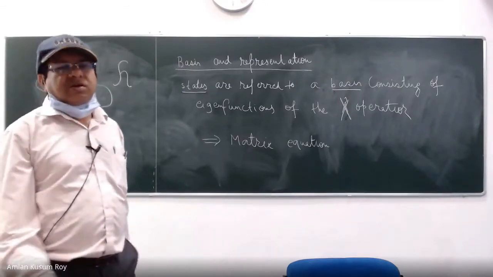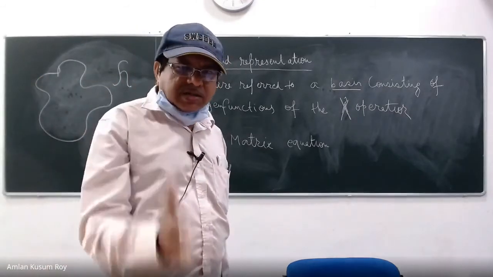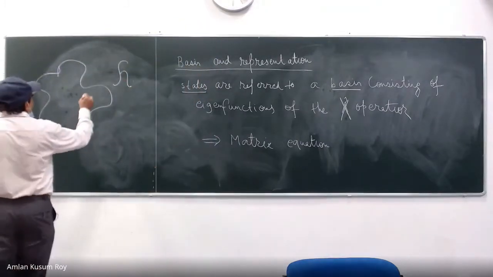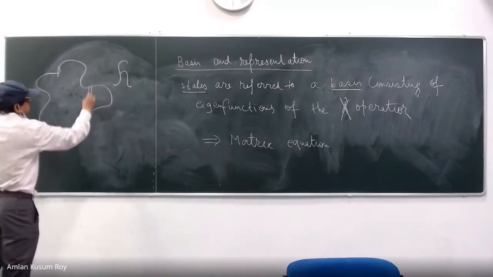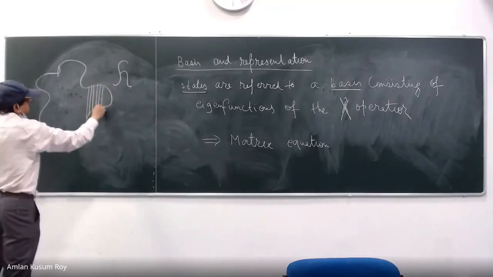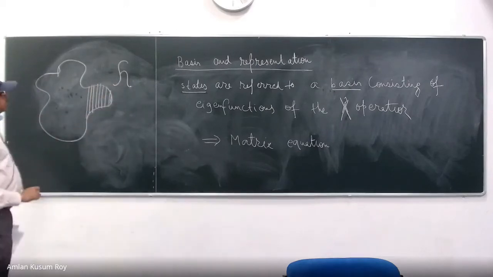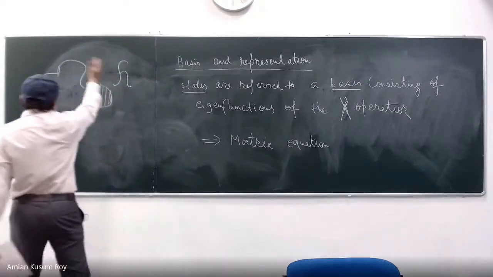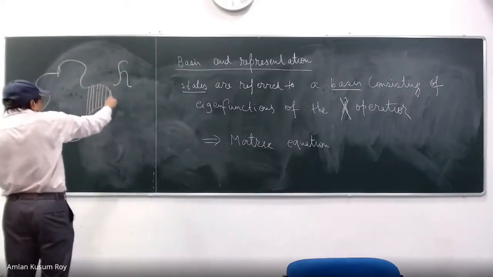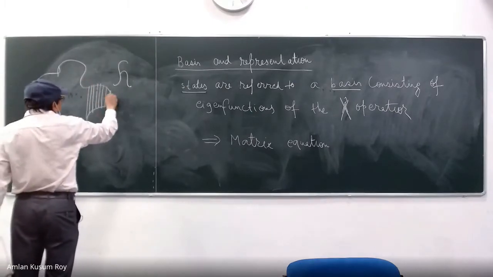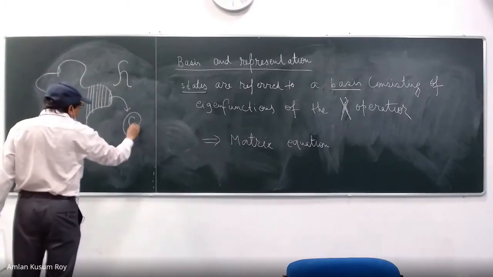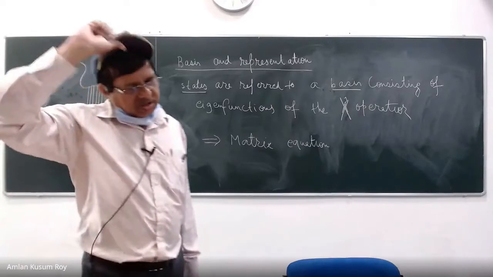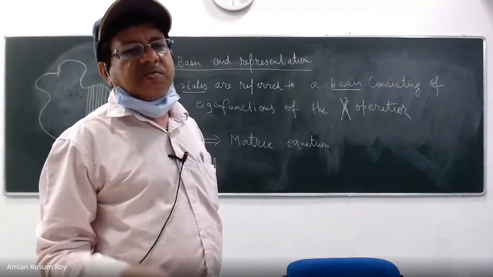Within this space of functions or configuration, I am going to cut a slice, just like a cake. What is this? This particular set of functions is another set of functions within the whole function space. This is just a subset of the function space, which is going to be represented by B, the basis. It's a complete set of functions, a subset of functions within the configuration space.